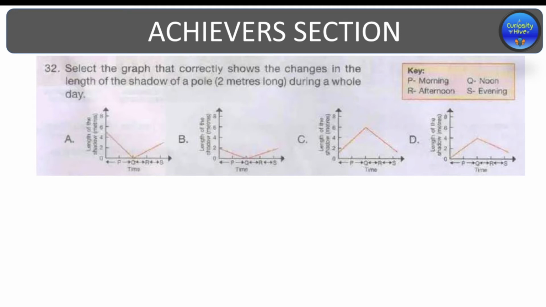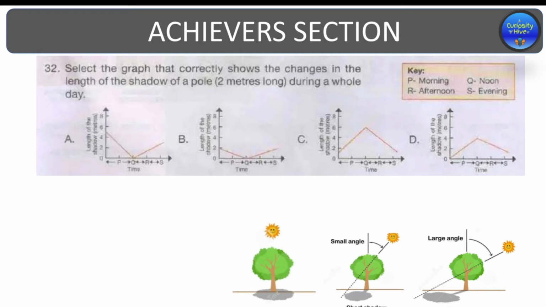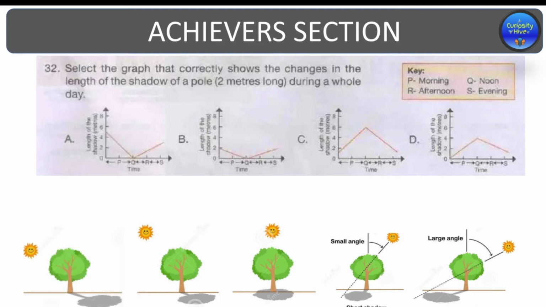Now, as we start from the rising sun, the shadow moves smaller till noon. And as the sun moves away, the shadow again grows larger. Now, if we look at the shadow starting from a larger angle from the central axis, it is longer. As it moves closer to the central axis, the length of the shadow reduces. And somewhere in this direction, that is here where it has a smaller angle, the length of the shadow is equal to the object itself.